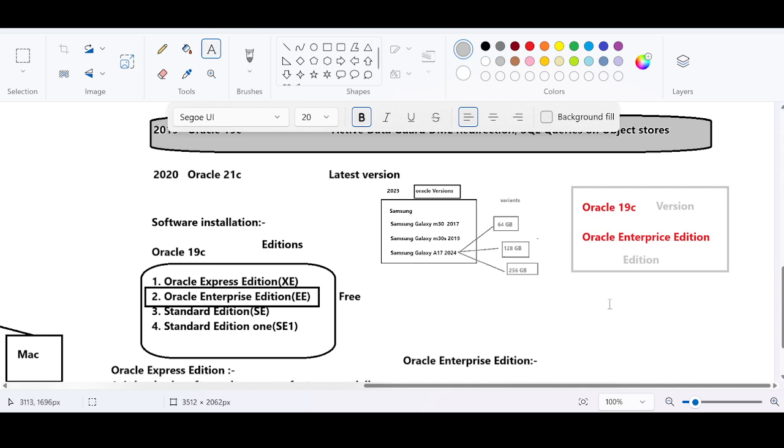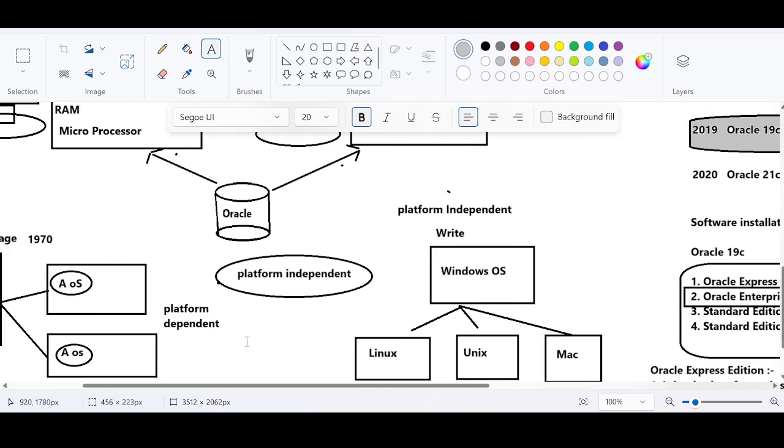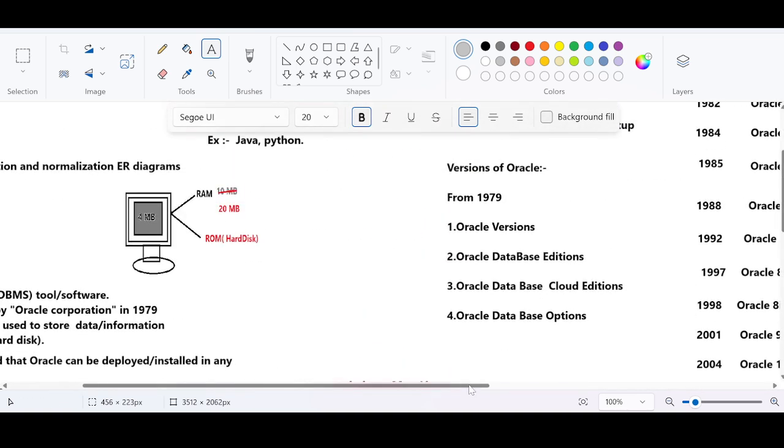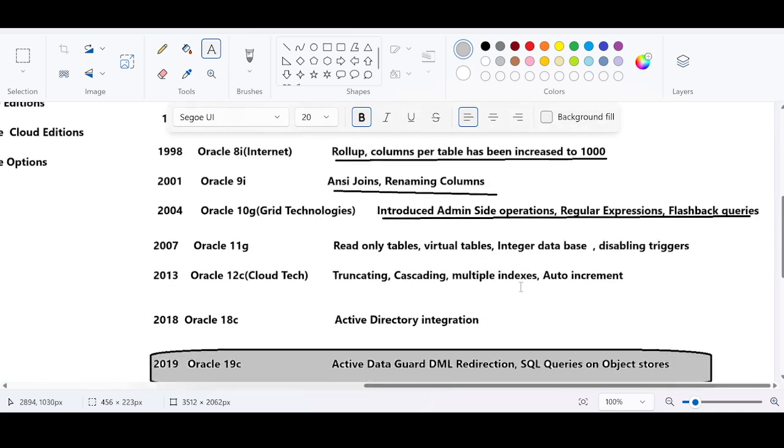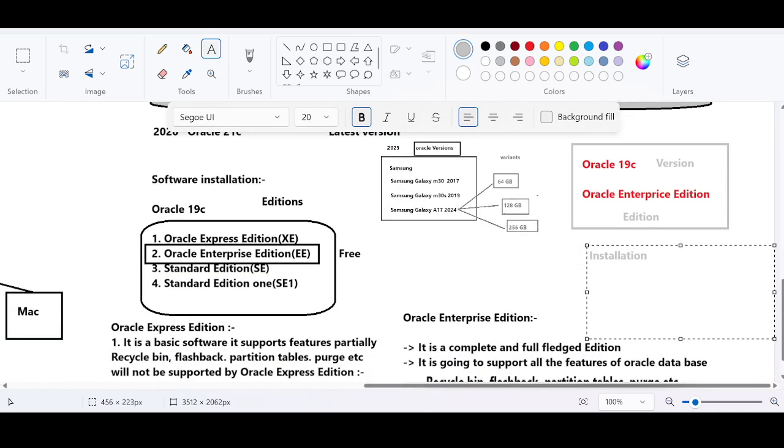Right, so we will do the complete installation tomorrow. We will do this installation on one of your systems. I want any one of you to share your screen so that we can do the installation live. Then we will start working on SQL queries. That's it, guys. That's it about Oracle. Today's class is the complete introduction about Oracle. From tomorrow onwards we're going to see